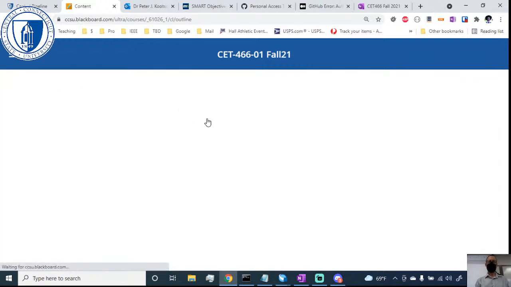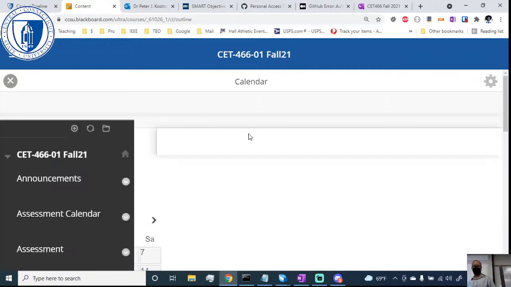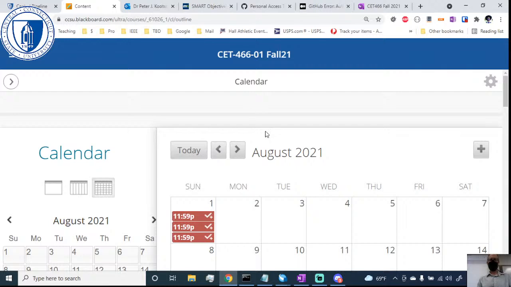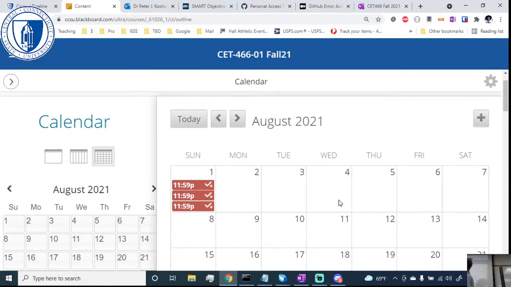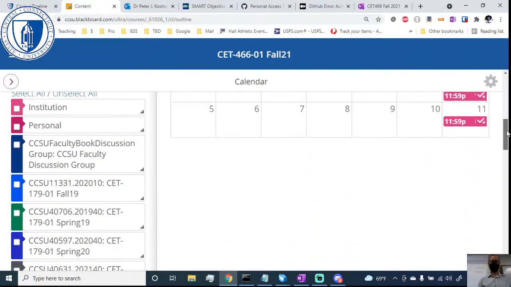If you haven't looked at it already, I suggest you check out the assessment calendar in Blackboard. If your professors use Blackboard and set due dates in Blackboard, all the dates are up there. Even better,